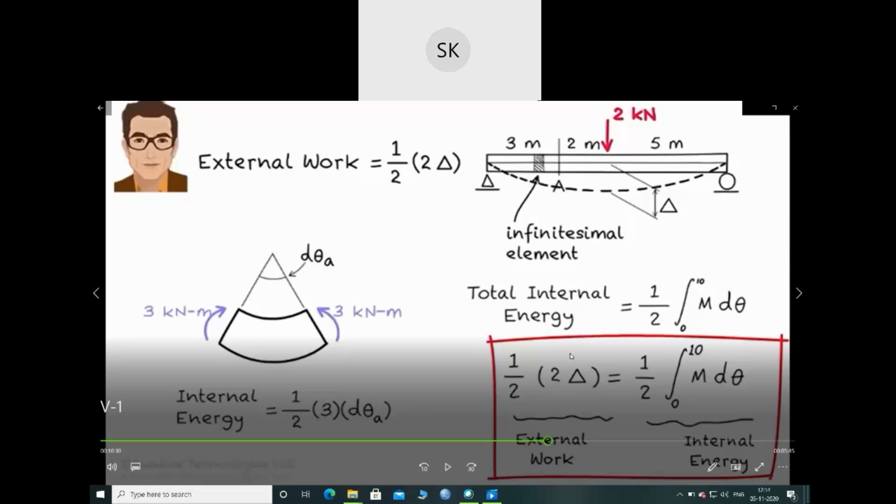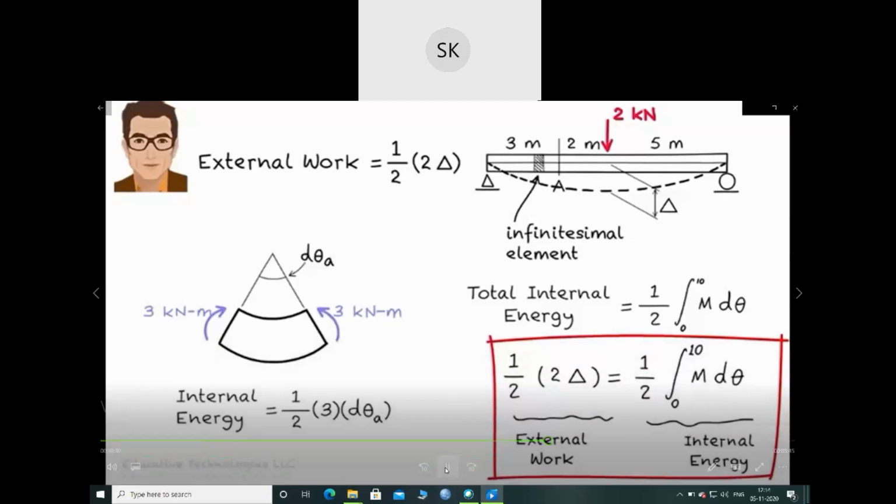So your external work is half P delta and your internal energy is half M d theta, equating from 0 to the distance. With the boundary conditions we are ready to actually perform the integration at the right-hand side of this equation. But for now, let's focus on simpler problems that help us develop a better conceptual understanding of the work energy